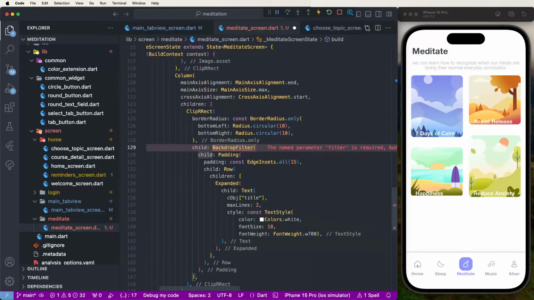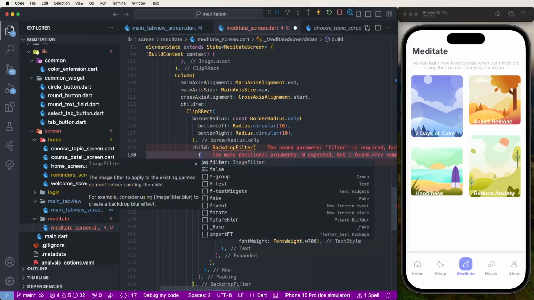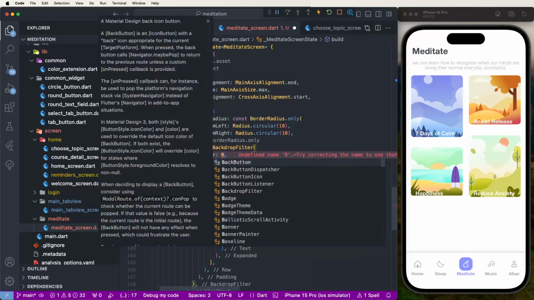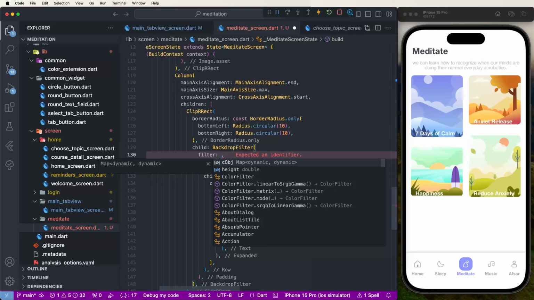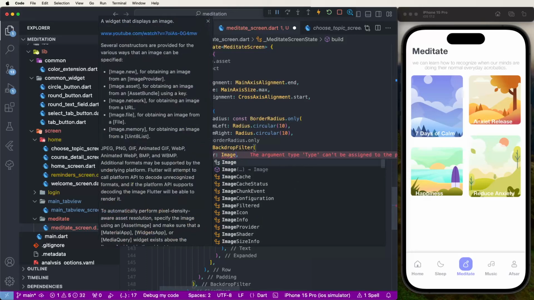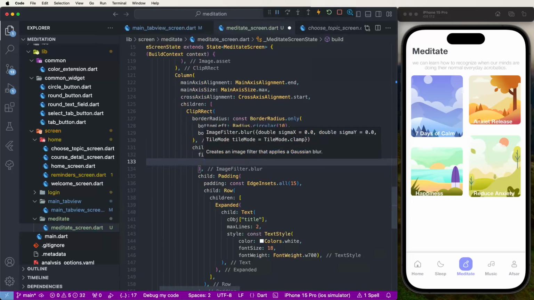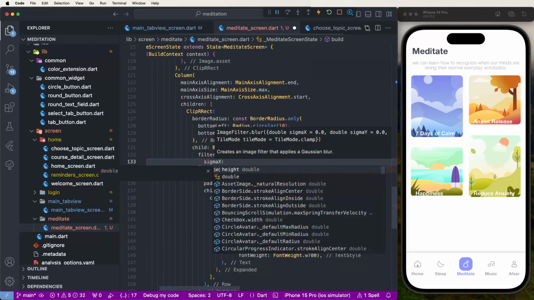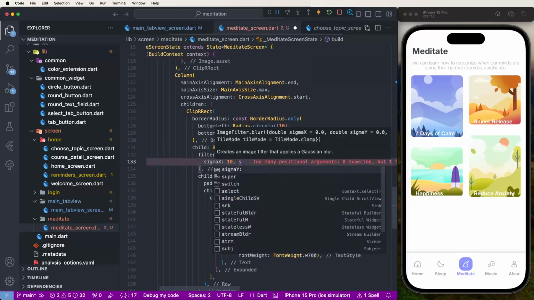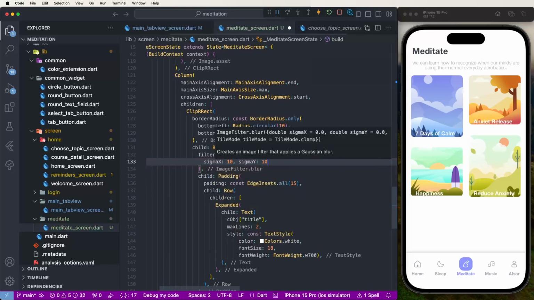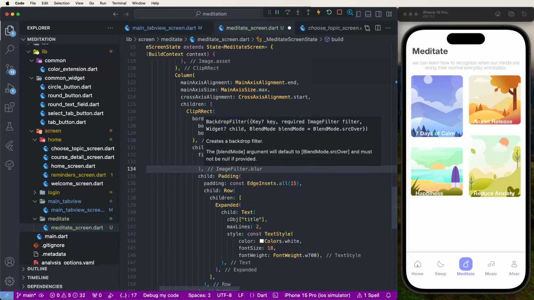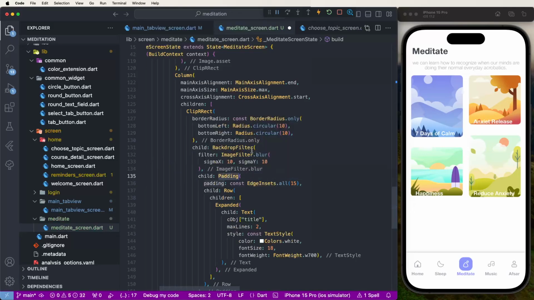Backdrop filters, and to set here the filters as an image filter blur. Sigma x is equal to, need to set this here 10, and sigma y is equal to 10 like this. Need to set these here. Now need to convert into the container,